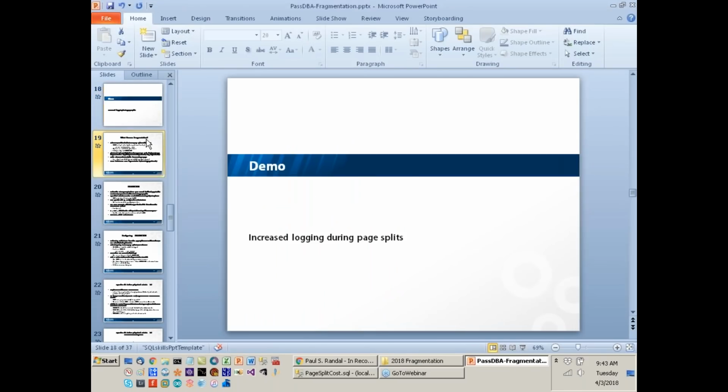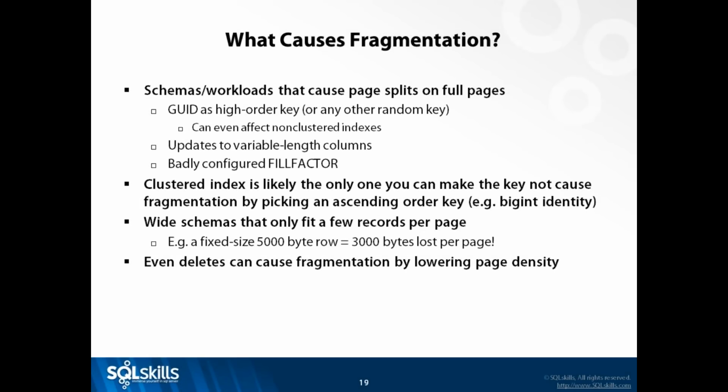So I'm going to crack on here because I don't want to run over my time slot too much. So what causes fragmentation? Well, if you consider fragmentation being the logical fragmentation and also the low page density, random inserts. So anytime you've got a GUID as the first key in, say, a clustered index, that causes fragmentation. Right? And that can even affect fragmentation of non-unique, non-clustered indexes as well, as I'm going to show you in the next demo. Anything that changes the size of a record, right, can cause fragmentation.